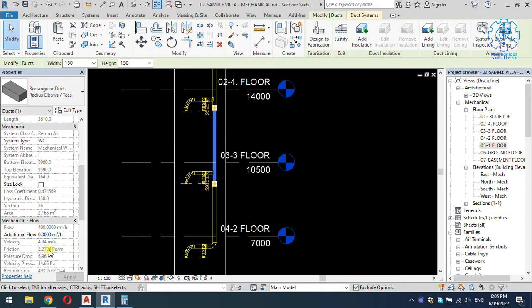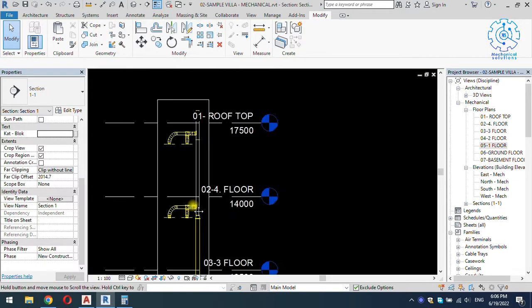This is over friction. It's a lot of friction at this channel, so I'm going to make bigger duct for this. So here at the selected duct I'm going to make the width 200 and the height 200. So my friction is 0.55, it's okay, and the velocity is